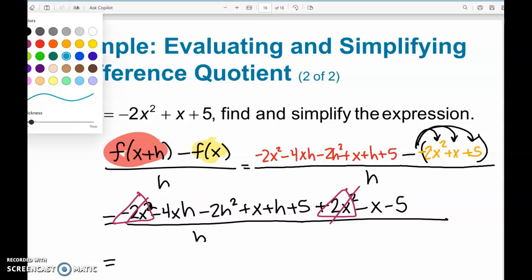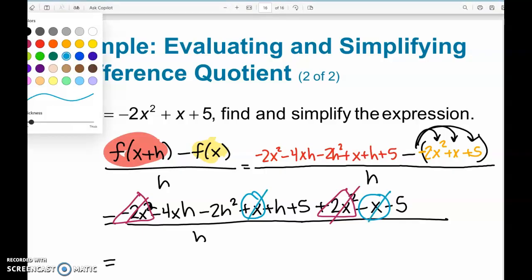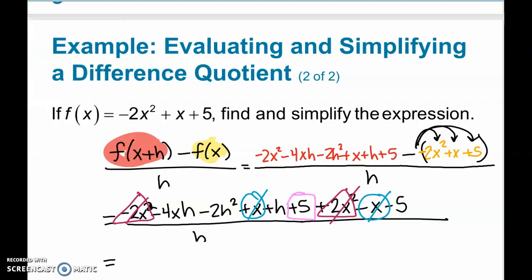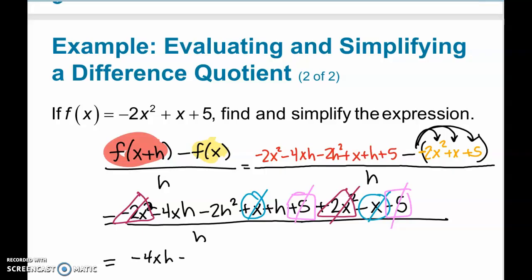Then I have plus x minus x. So those will cancel out. Then I have plus 5 minus 5. So that cancels out. So what is left? Let's write what's left. Negative 4xh minus